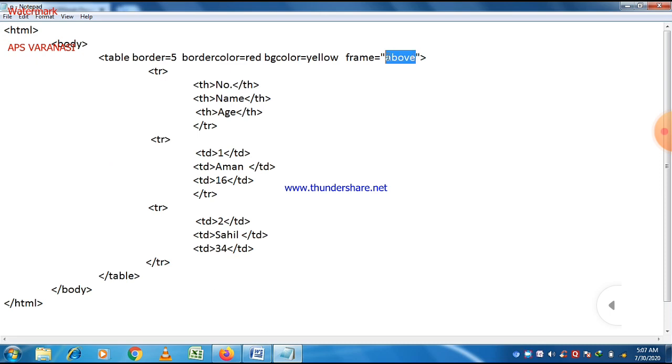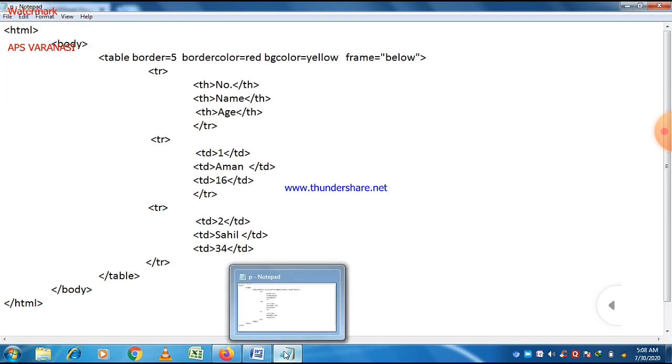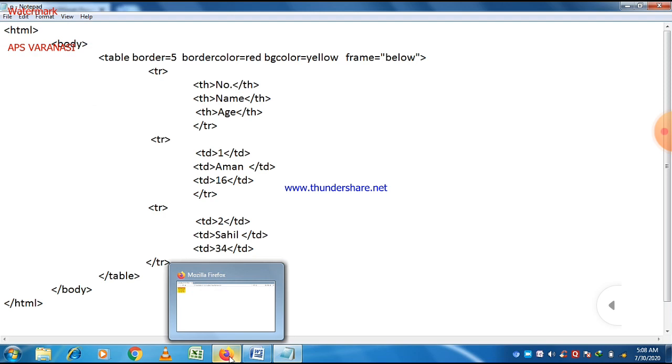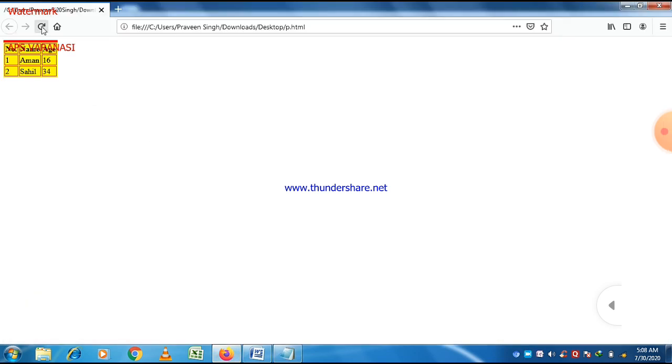And if we give the value below, then the below border will be displayed only here. You can easily see that. So we don't want to display the complete border, and if we want to display part of a border, then this is possible using the frame attribute.